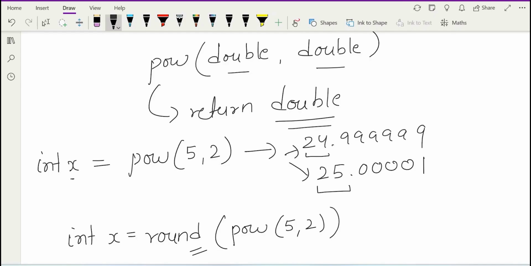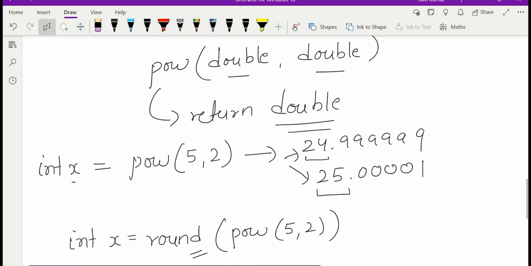In this way our power function will not fail if we use the round function, and whatever value we need after the power will come. If you need more clarification about the power function, I have attached a link in the description box, you can check it from there.